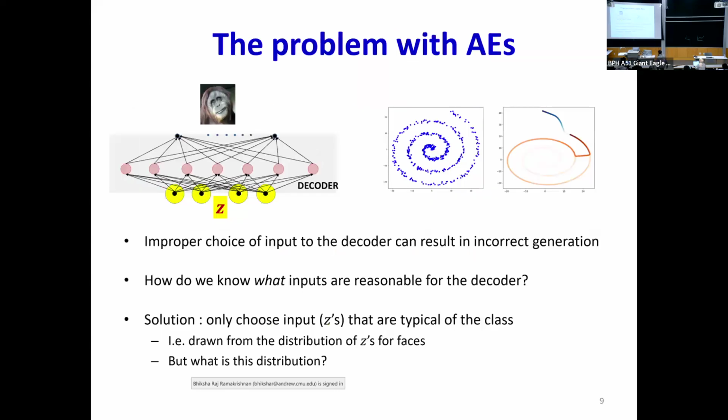But there was a problem. We don't know what these z values are because there were no constraints when we were training this network. I showed you this example with the spiral, right? Data just off a spiral, and the decoder actually learned the structure of the spiral. We trained the autoencoder, we got the decoder, and then we let z go from a very large negative value to a large positive value. As you keep plotting it, as z increases, you find that you're reconstructing the spiral,